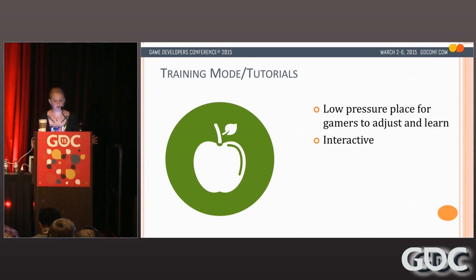Okay, so training modes and tutorials. I'm talking about a low-pressure place where gamers can learn, and you should always aim to make them interactive. So training modes and tutorials are obviously highly important for all gamers, but there is a difference between having them and doing them well. Having well-implemented tutorials, especially for gamers with disabilities, needs to have